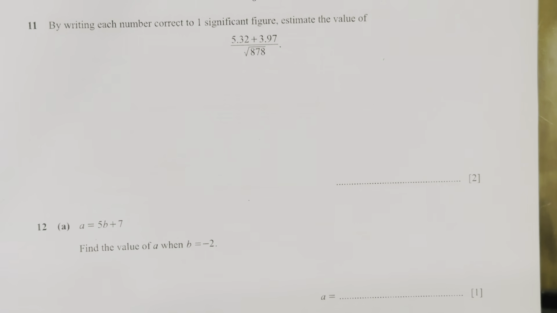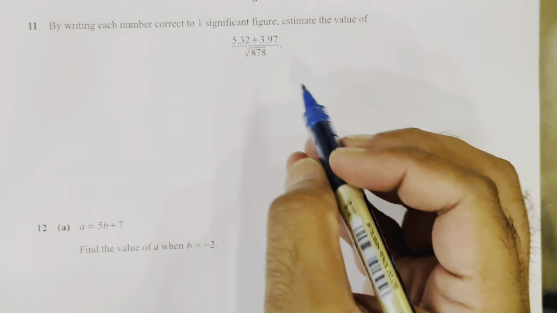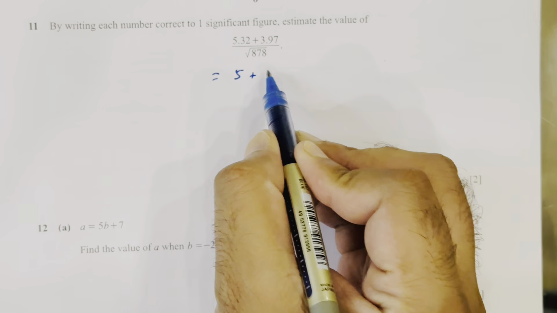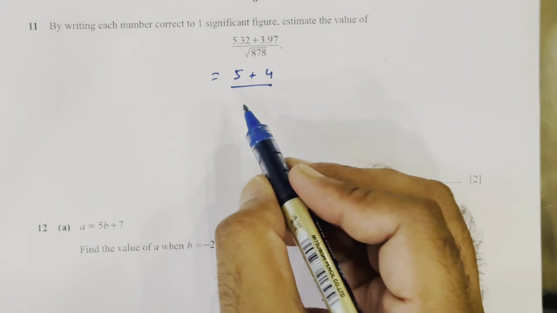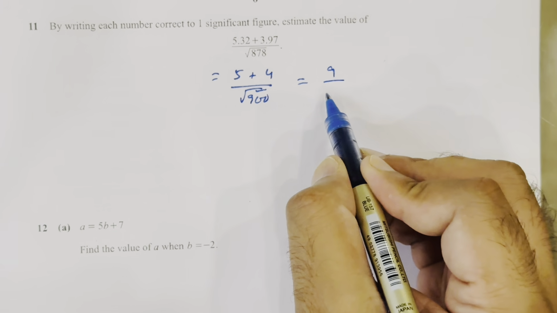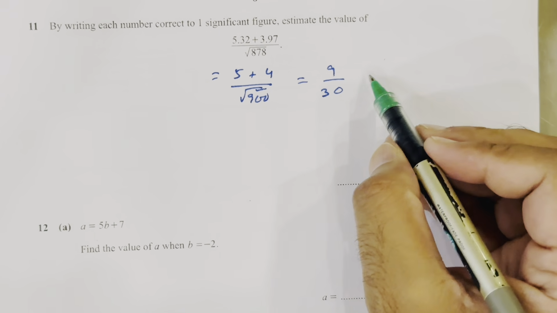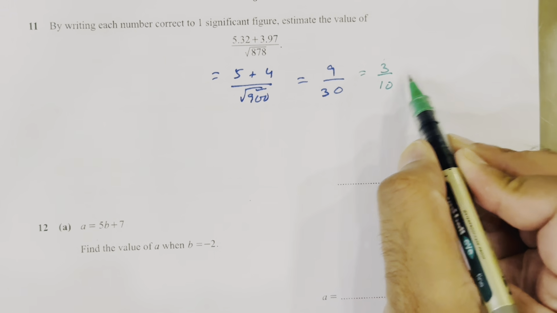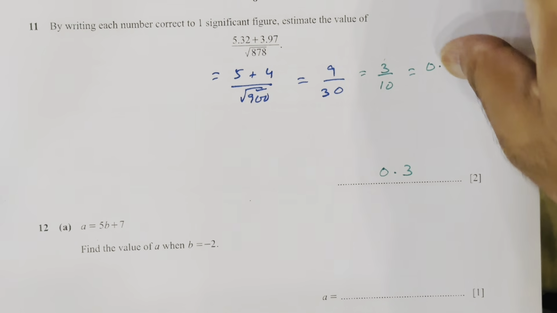Question number 11 is, by writing each number correct to one significant figure, estimate the value of this. Okay, 5 plus 4, and 878, you can write 900. And we know that it would be 5 plus 4, 9, and it would be 9 by 30. If we are going to solve 9 by 30, we get 3 by 10, and 3 by 10 means 0.3. So we're going to write our answer 0.3. Moving to question number